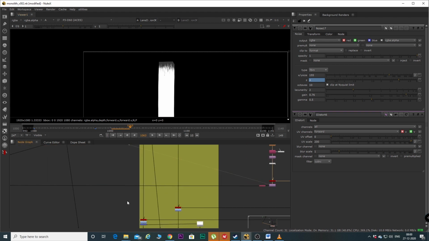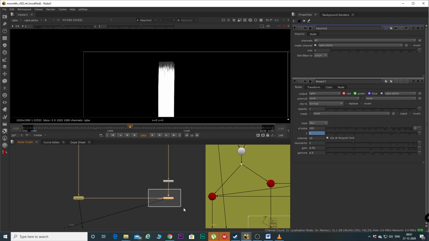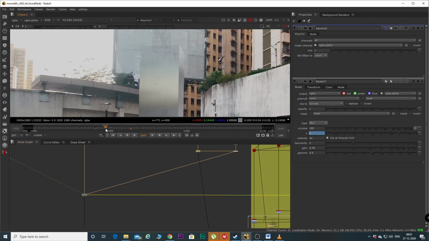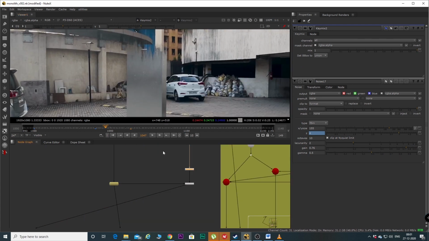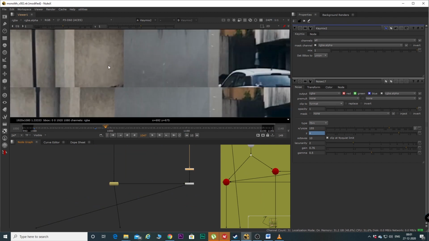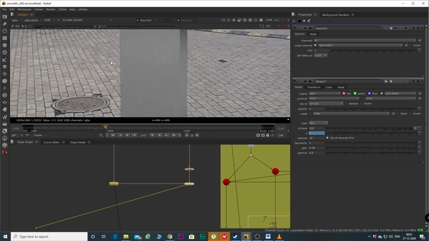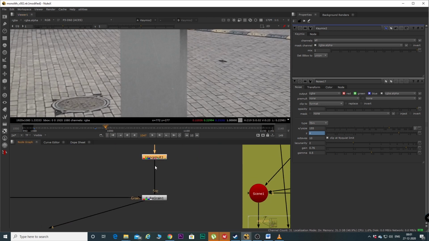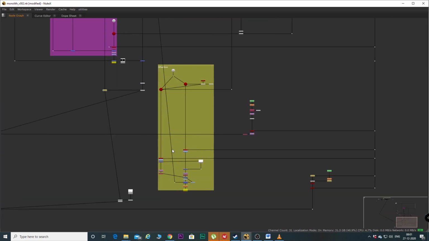And then I've added it in my mask input of my key mix. Like that it looks. So why did I apply an unpremult? To get rid of black edges, these, while key mixing. Whenever you're key mixing anything in this way, just don't forget to add an unpremult before your CG object.